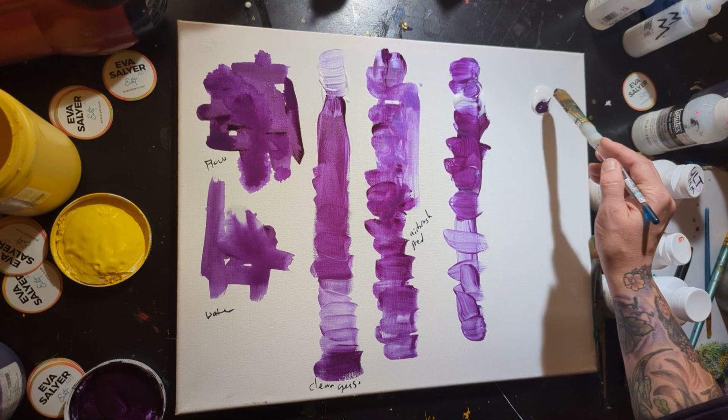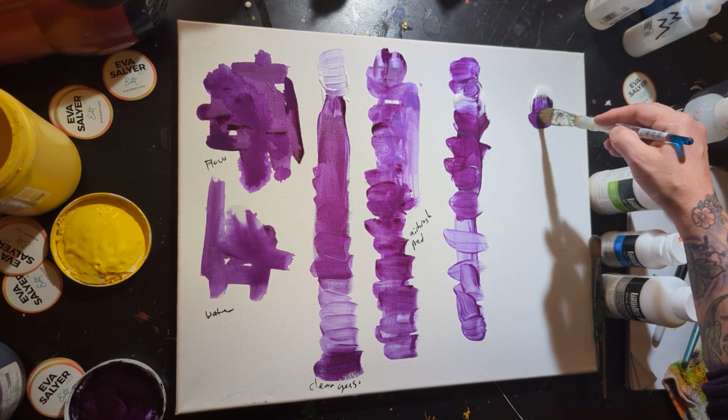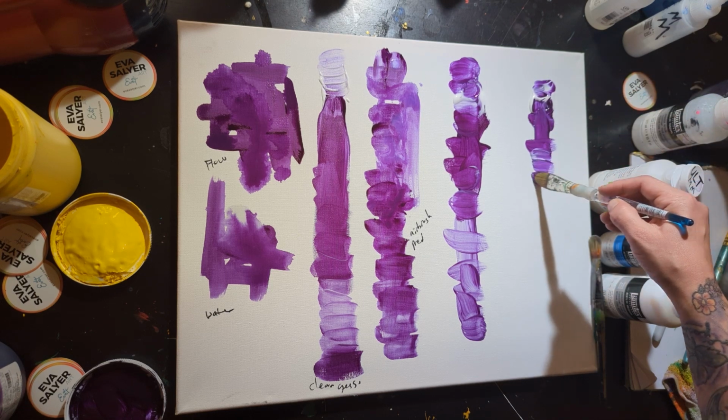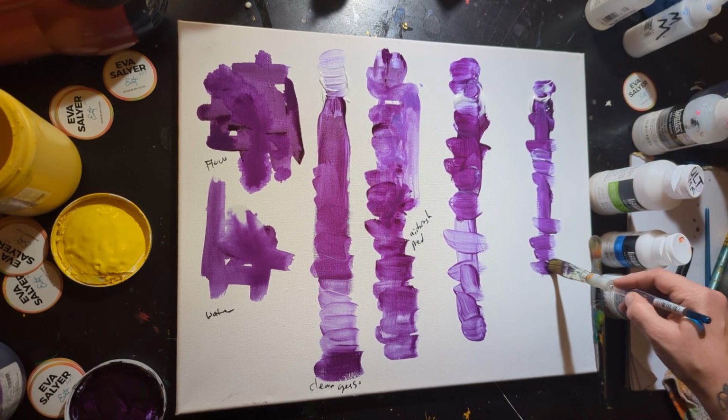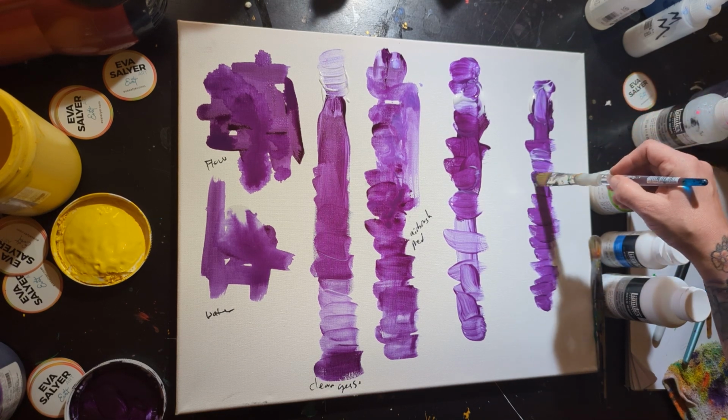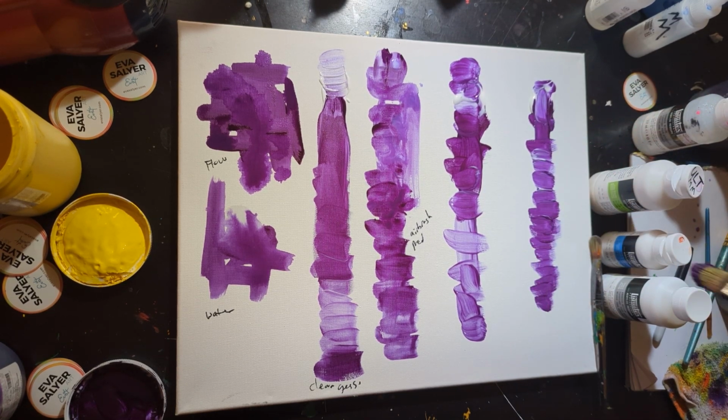And let's mix that in there. Okay, it does the same thing as matte medium. If you just do a little bit of it, it'll help you get your paint color real transparent, a bunch of different values by just using it. It's kind of like clear acrylic, but way more